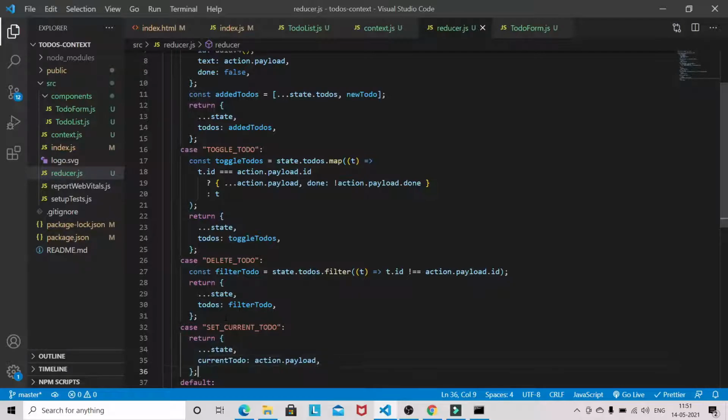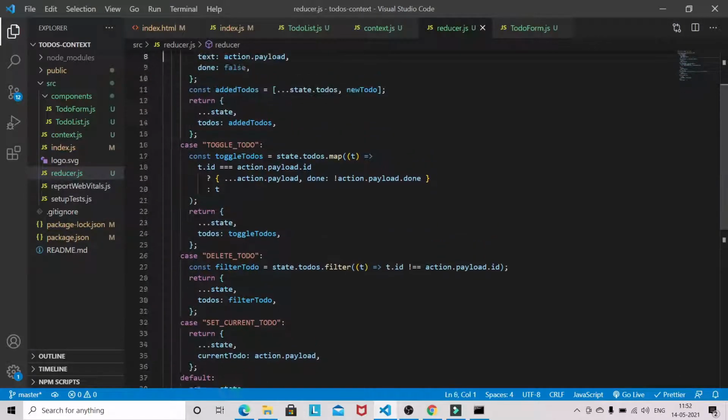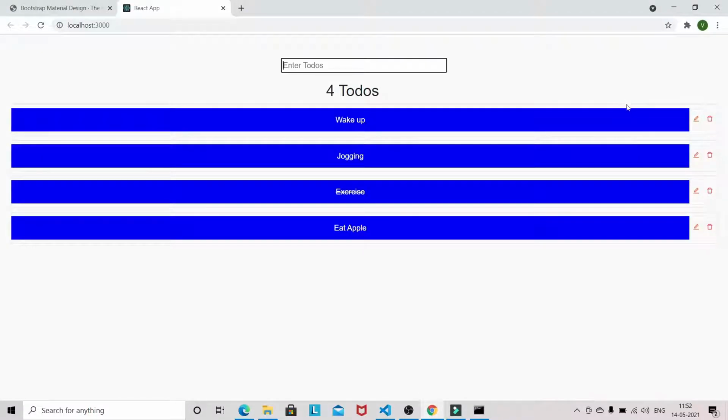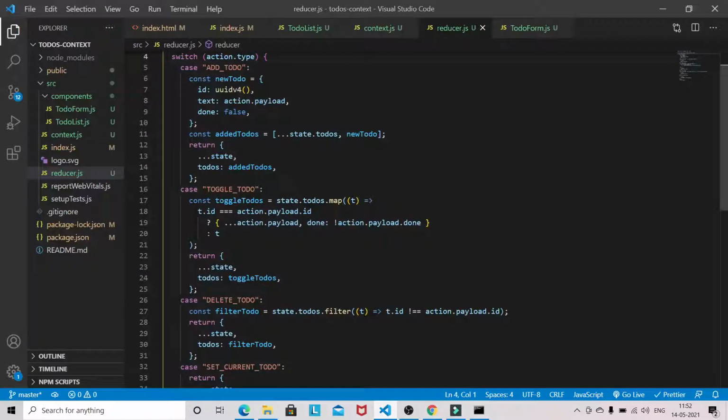Okay, so basically what we wanted to do is, whenever the user clicks on this item, whatever is written here, wake up, we want to display that item here. So that's why we are doing it this way.